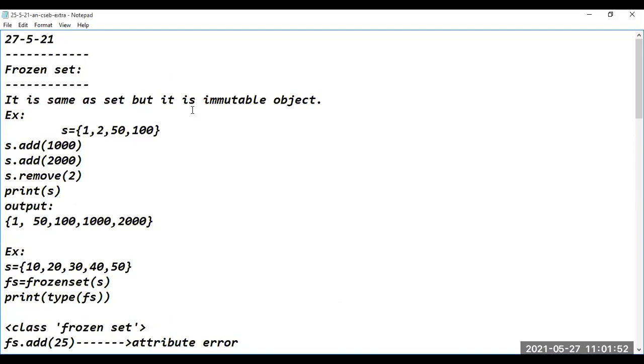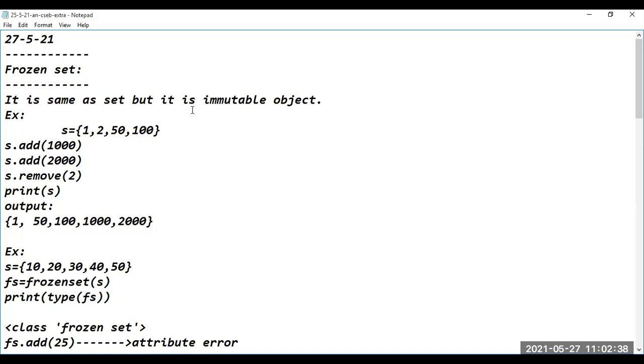So what's the difference between set and frozen set? If you consider, set is one type of sequence data type which works upon data elements that do not bother about order. If the order of the elements is not needed, and you want to deal with heterogeneous kinds of objects, you can go with the concept of set object, isn't it? But if you are considering an object like a set object, is the content of the set object modifiable or not? Can we make modifications in the object of set?